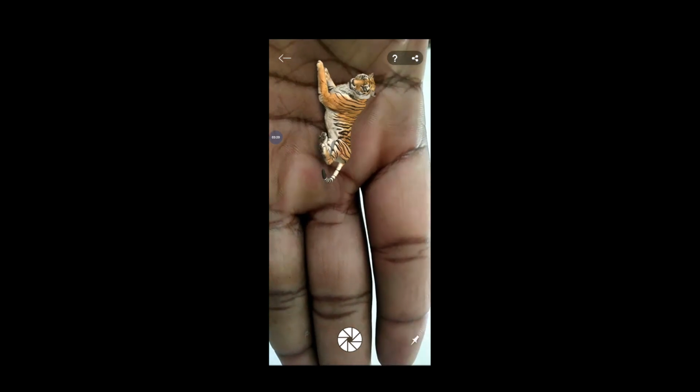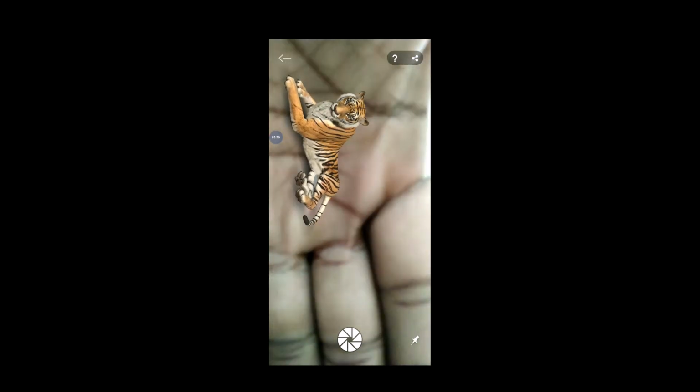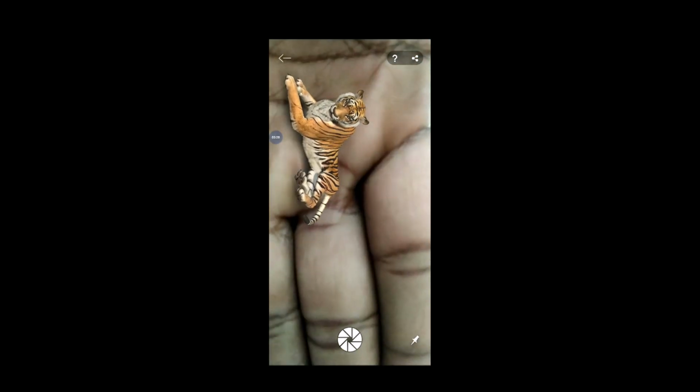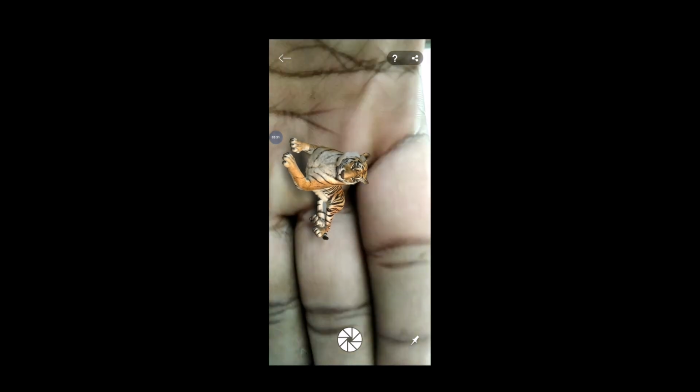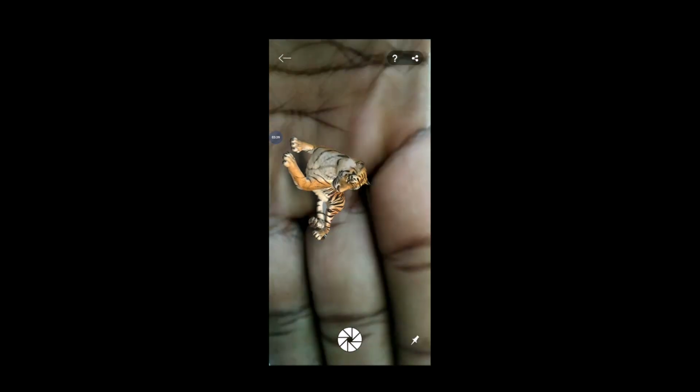We can place it here wherever we want. Just with a simple finger, we can move it here and there. Super image we can bring. Oh, so the teacher should be behind the animal. So in front of the camera, the teacher has to be here and there. Then we can explain with clear-cut images.